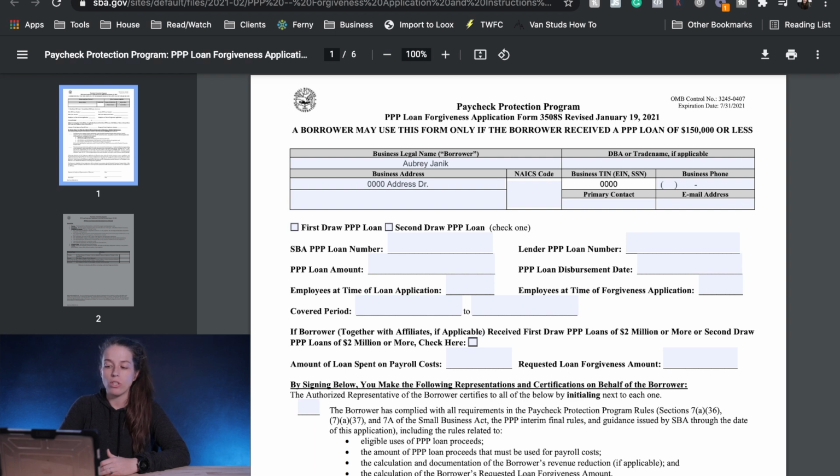Next is your TIN, so either your EIN or your social security number. You would of course want to do whatever one is applicable to you. If you have an LLC, put your EIN. If not, put your social security number, but that is required. You will need to put your social. Next is your